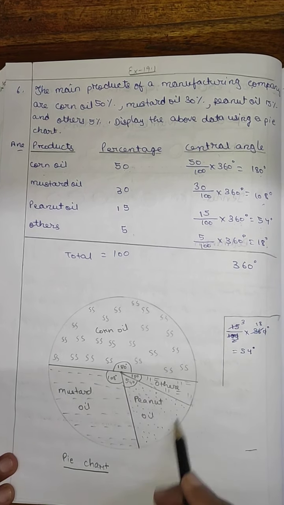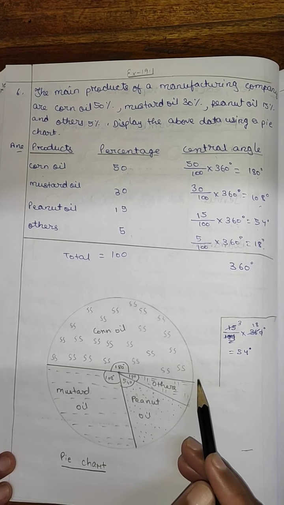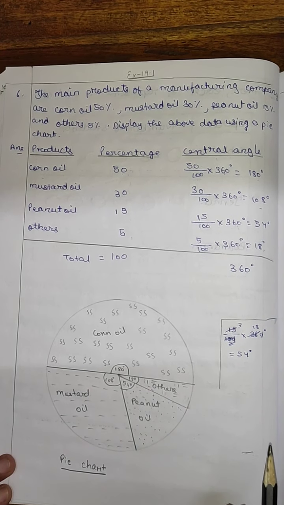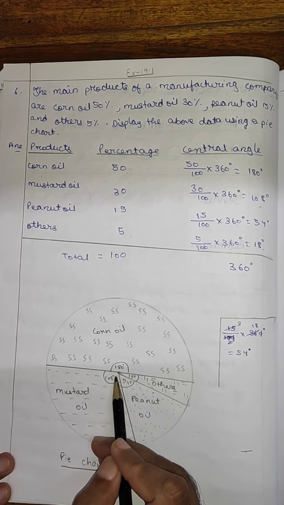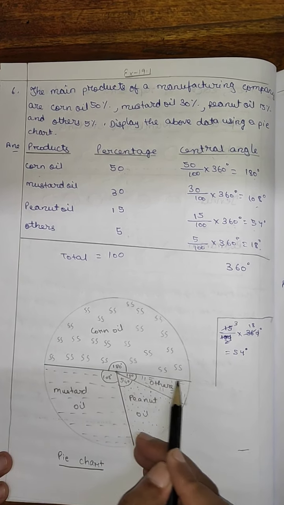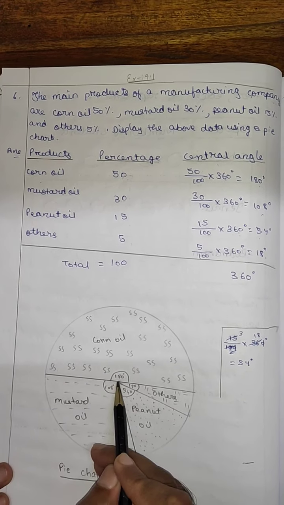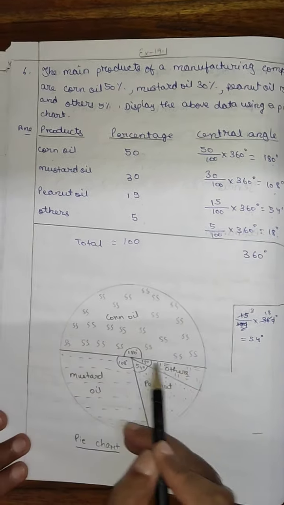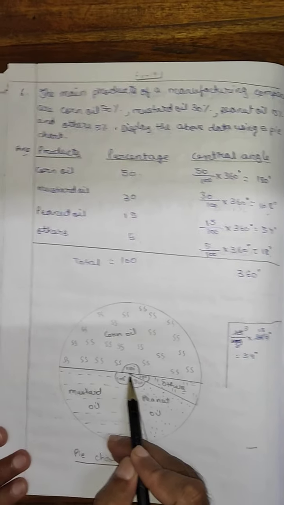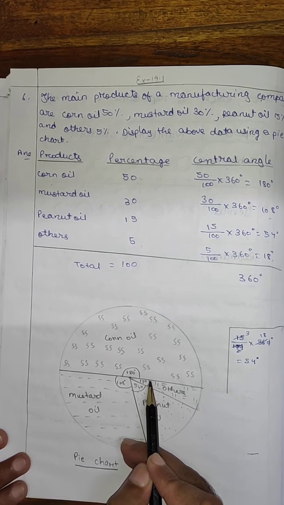Now draw one circle. In your compass, take at least 5 cm measurement and draw one circle. Now from the center towards the right side, draw one radius. Then the first angle is 180 degree. You put your protractor here. Point will be on the point and the line you can match with the line.